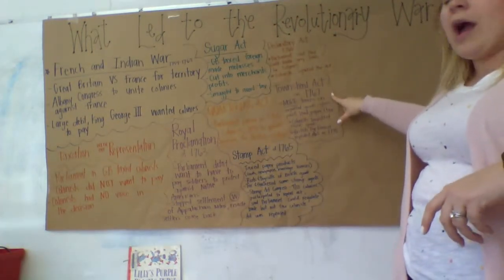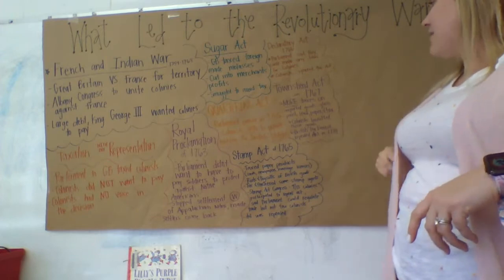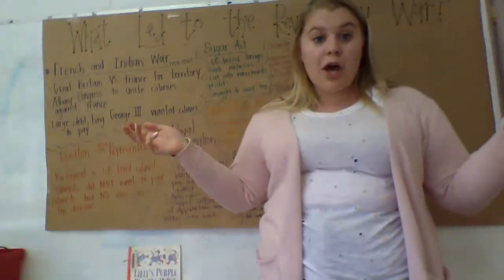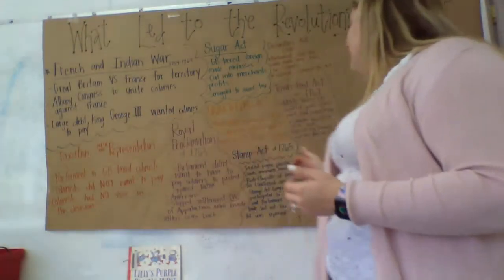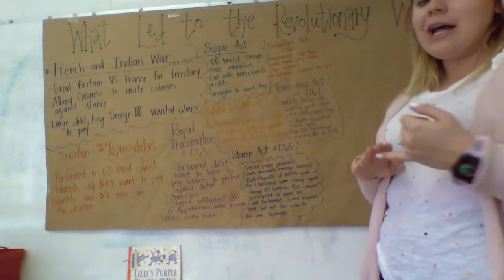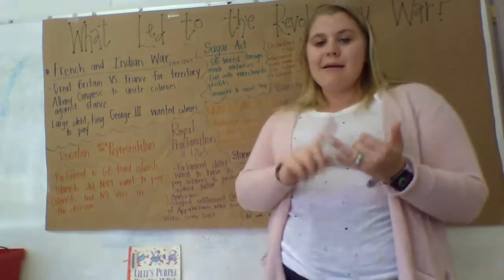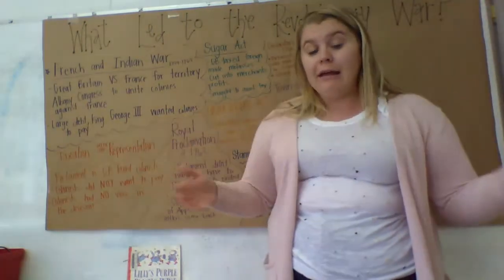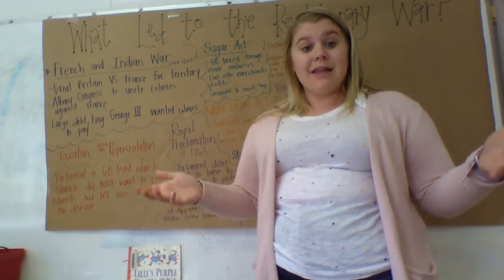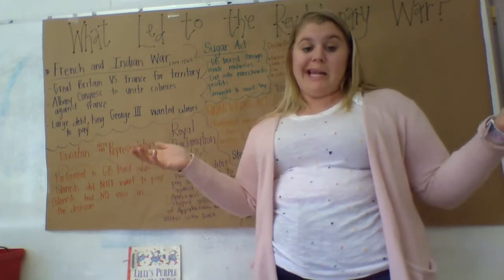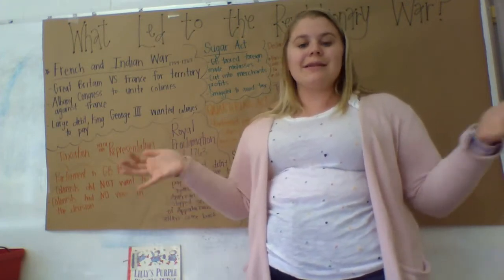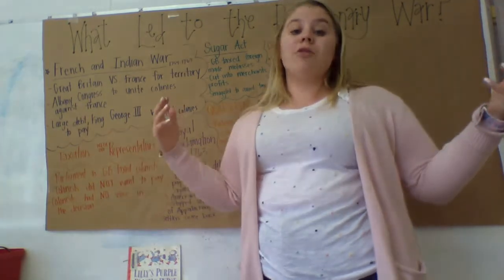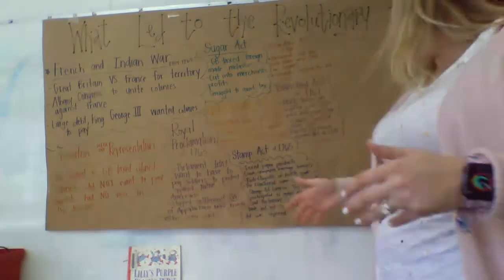Then come the Townshend Acts in 1767, and wouldn't you know, more taxes. This time we're taxing all kinds of imported goods like glass, paint, lead, paper, tea, things that people use every day. These are big common products in the colonies, so that's part of the reason it's impacting them so much, is because it's stuff they buy a lot of. So it's stuff they're being taxed on a lot.